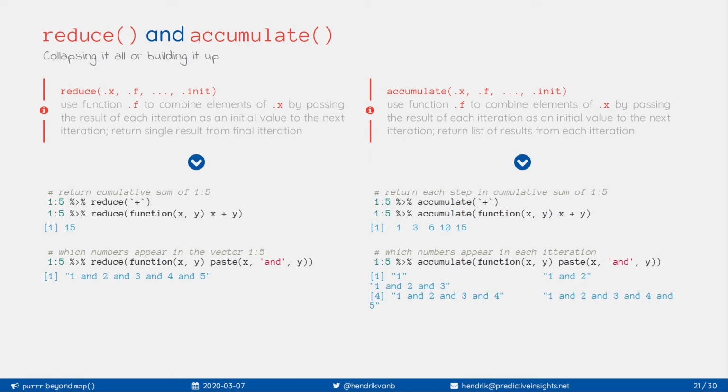What does that mean? I've created a summation function here. The two expressions in the first code block are effectively equivalent. I'm piping the numbers 1 to 5 into that reduce statement. The first time it sees the value 1, it's the initial value. It doesn't have anything to do with that. It's going to pass that back into the second iteration. What is the initial value to start off with? What is the value that was produced by the previous iteration, i.e. 1? What do I want to do with that? I want to add the next number to it, that produces 3. Next iteration, and so on and so forth. And ultimately, I get the cumulative sum of those values. On the right-hand side, I just see every step along the way.